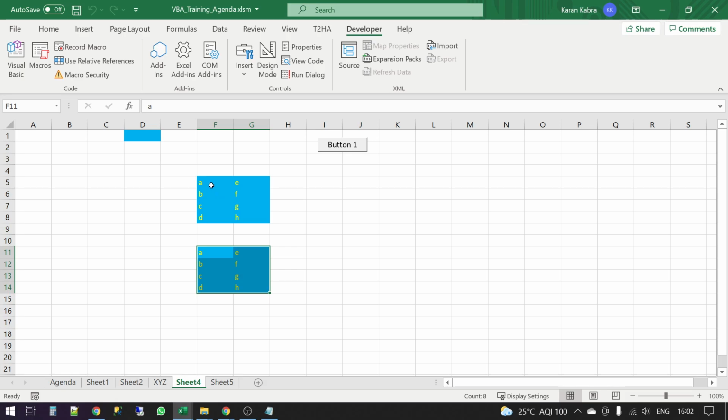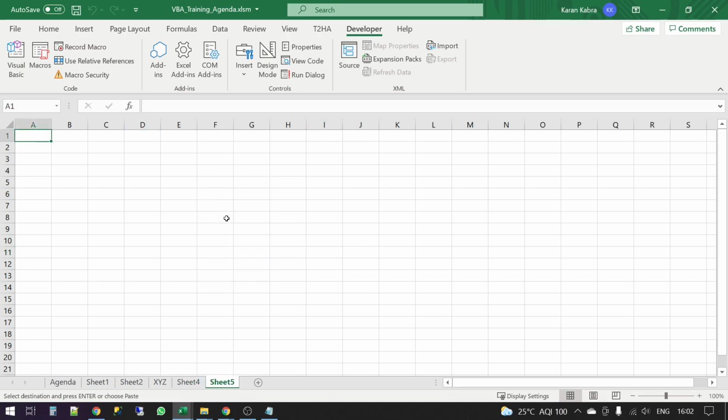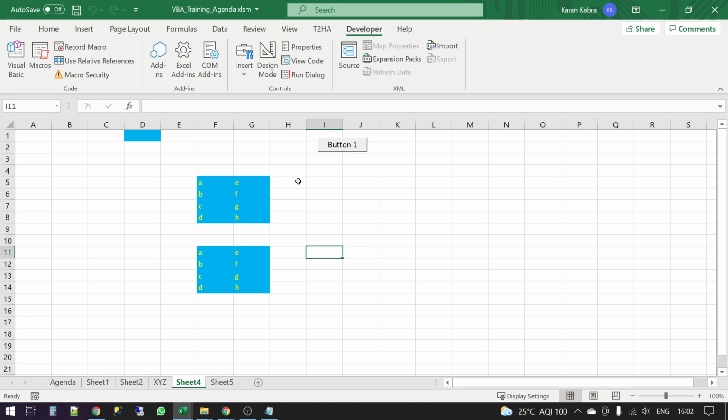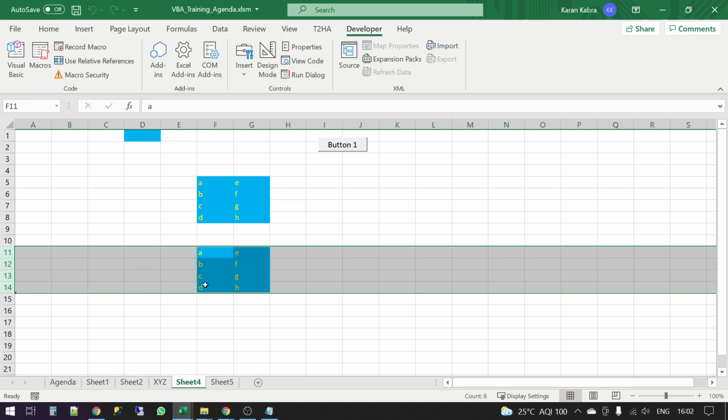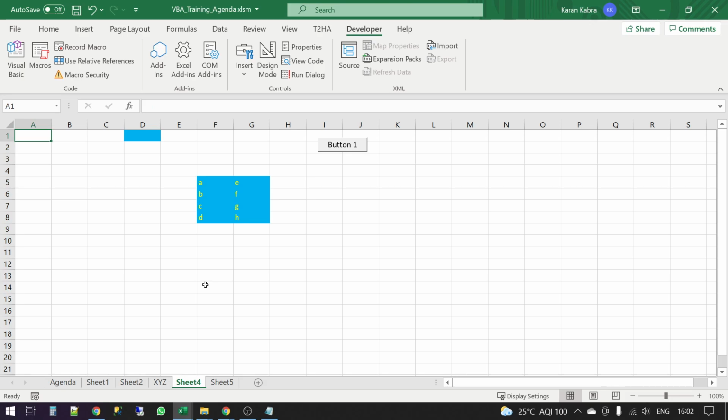If I am here on this sheet, if I copy and I am here on this sheet, can I paste anything on any other sheet from here? I can't, right? From sheet 4, I cannot paste anything directly in sheet 5. But I first need to select sheet 5 and then I need to paste the thing in sheet 5. So this was one of the actions that we had missed, for which what you can do is you can record that as well and see what is the kind of code that is getting generated.